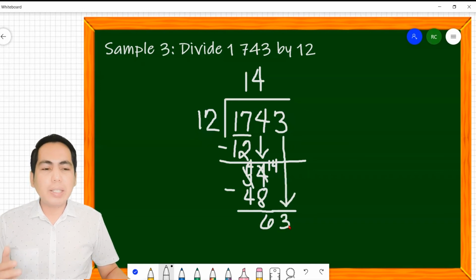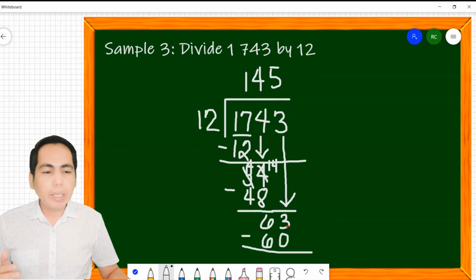Now, 63 divided by 12 will give us 5. So 5 times 12 will give us 60. And then 3 minus 0 will give us 3. So since we don't have any more digits to bring down, we are done with our division process. Therefore, our quotient is 145, remainder 3. So let us check whether our answer is correct or not. So we are going to multiply